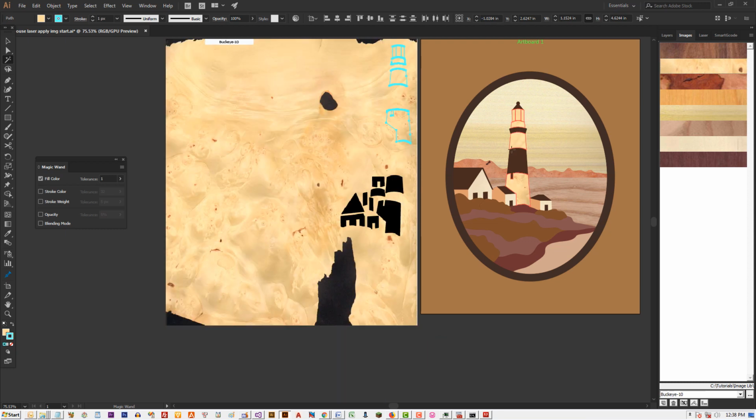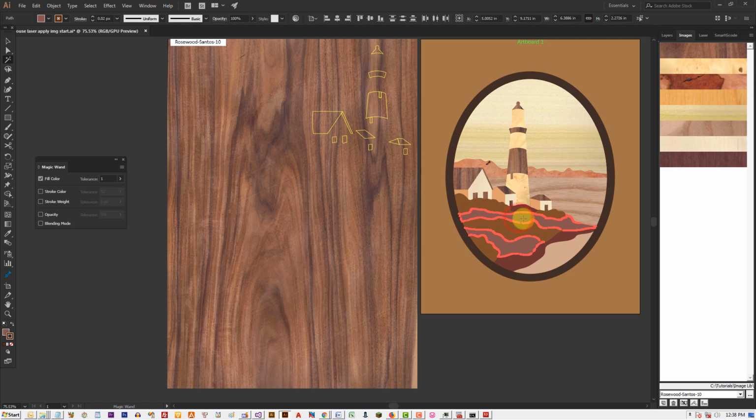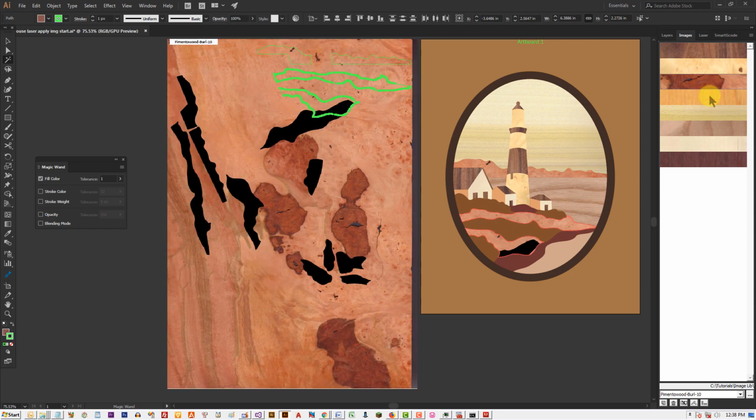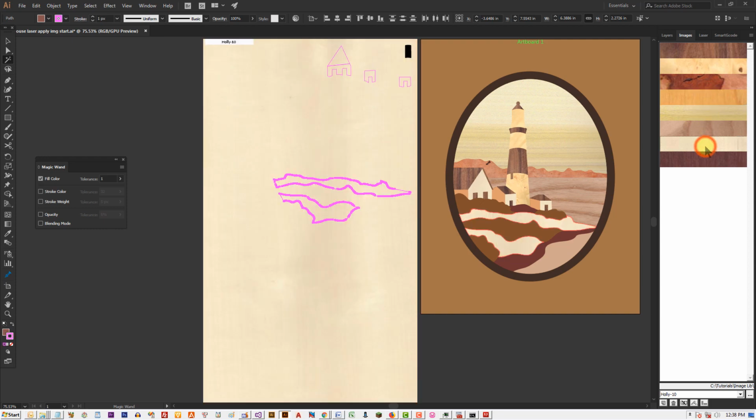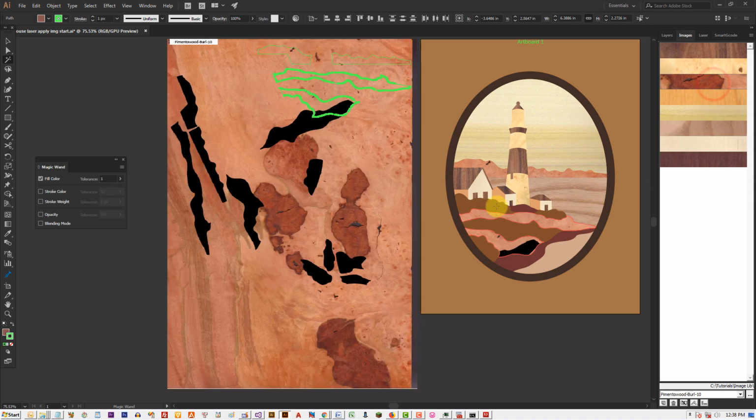At this point, I can move and rotate the paths on the clipper image to achieve the desired effects, but I like to wait until all paths have been applied with images. For me, I need to see the overall view of the design with all the woods in place.